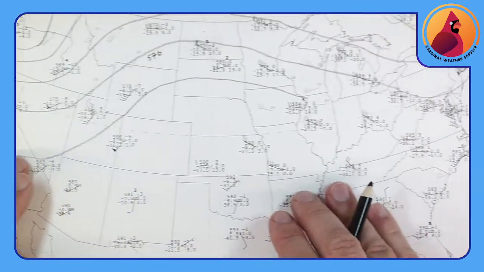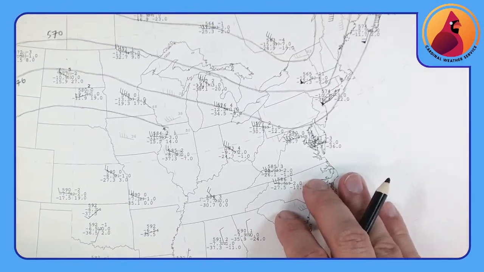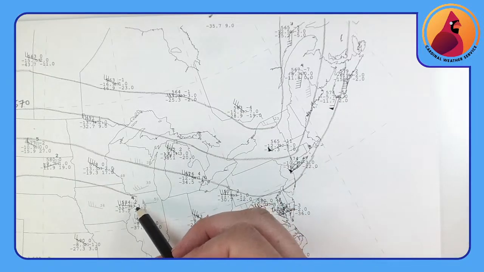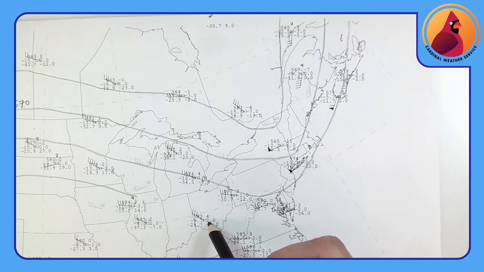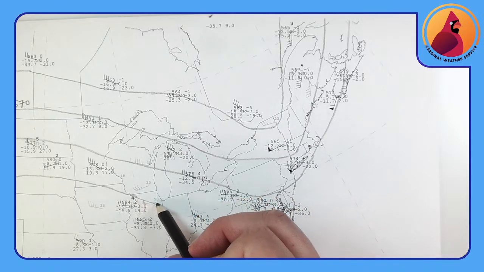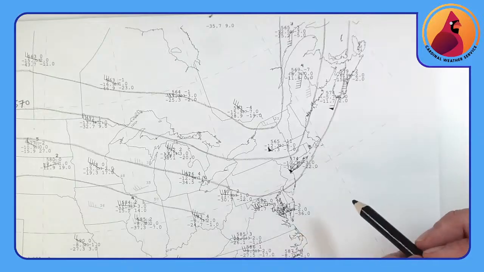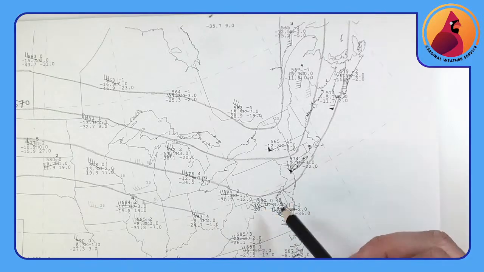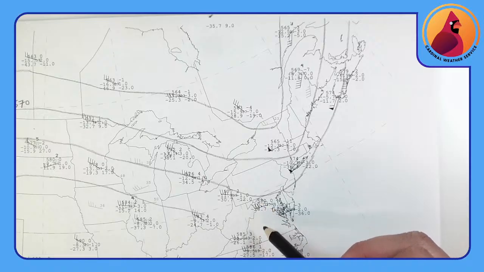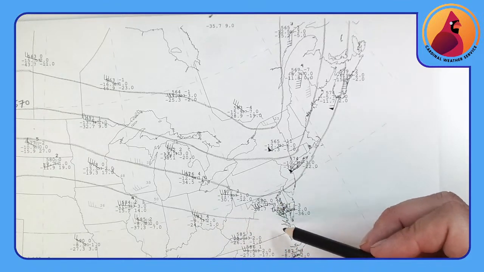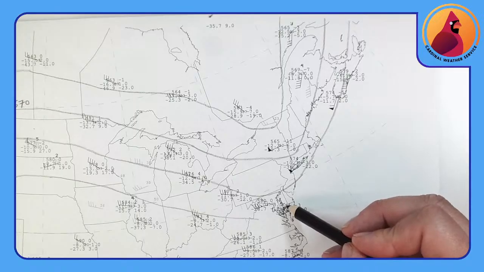Let's see, we are going to shift so we can get all this in view. With our 582 line, we have 584, 583. So we'll come relatively close to 583. Over here we've got 580, 585. So we'll be a little bit closer to this 580. However, here we have 581,